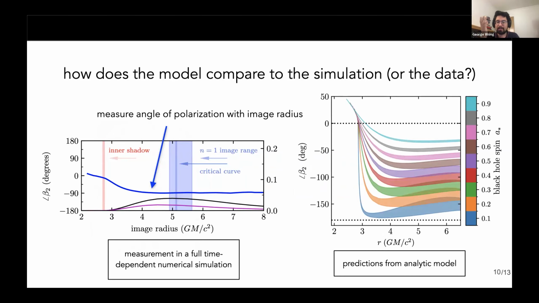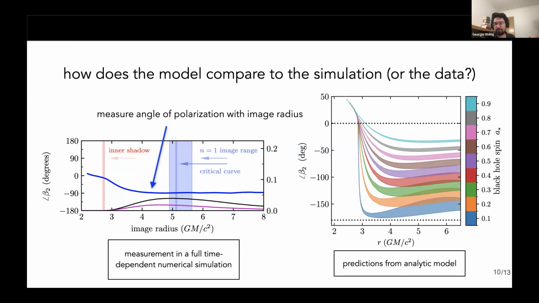So on the right here, what I'm doing is looking at different realizations of this semi-analytic inflow model, this very simplified 4-parameter inflow model, and I'm varying things like what is my outer boundary, or how important is the fluid, and then I process that model through an imaging framework, and I ask, okay, if this is my boundary condition, and this is my importance of the fluid, and I make an image of it, what structure do I expect to see in polarization as a function of image